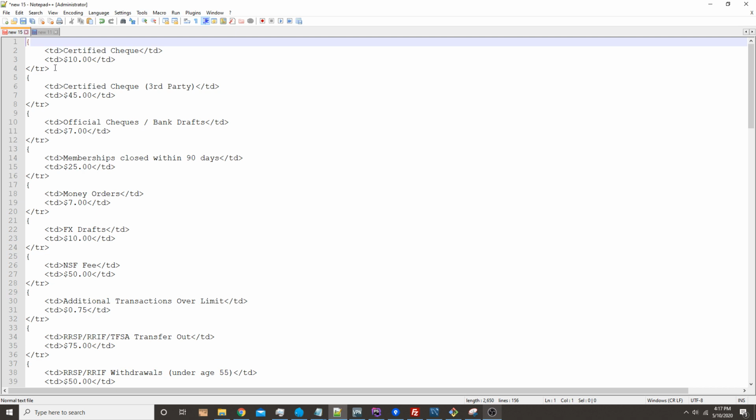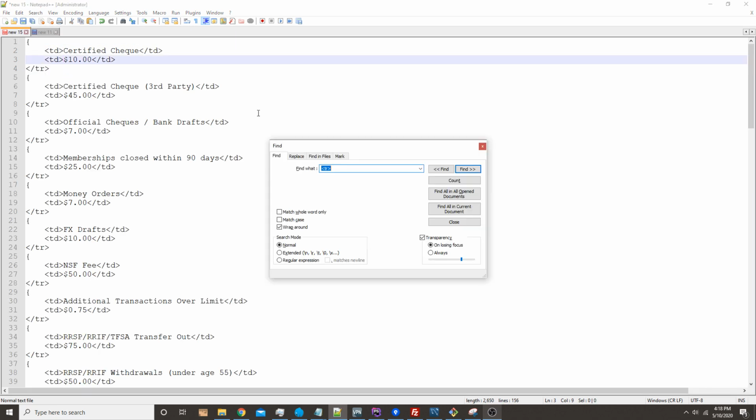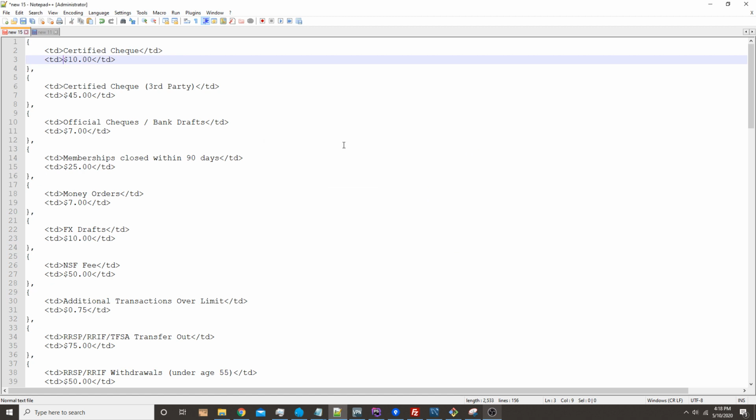The next piece here is to convert the closing TR tag into a closing curly bracket and a comma. So let's do that. And we'll replace all again. Okay, so now comes the fun part. How can we use macros to make this easier? It'd be kind of weird to do that